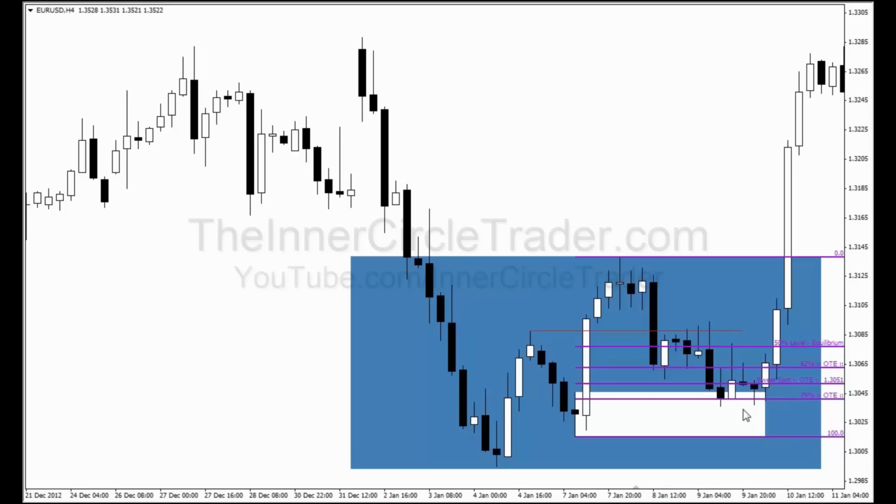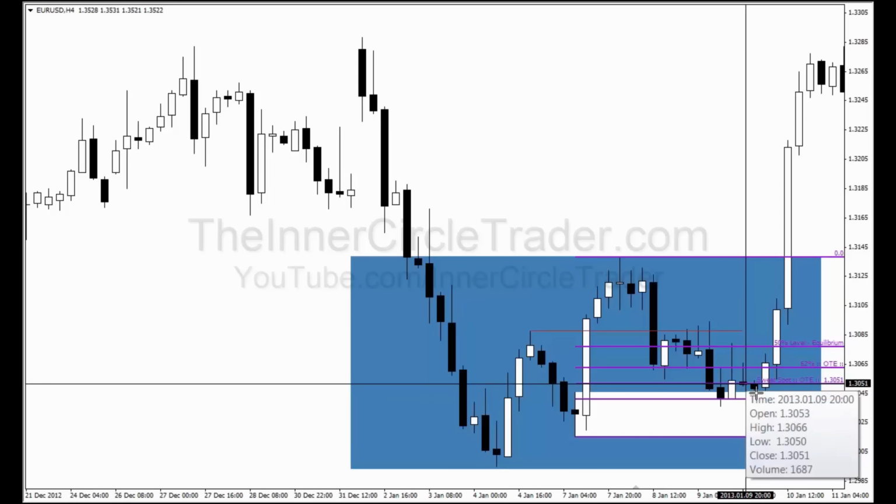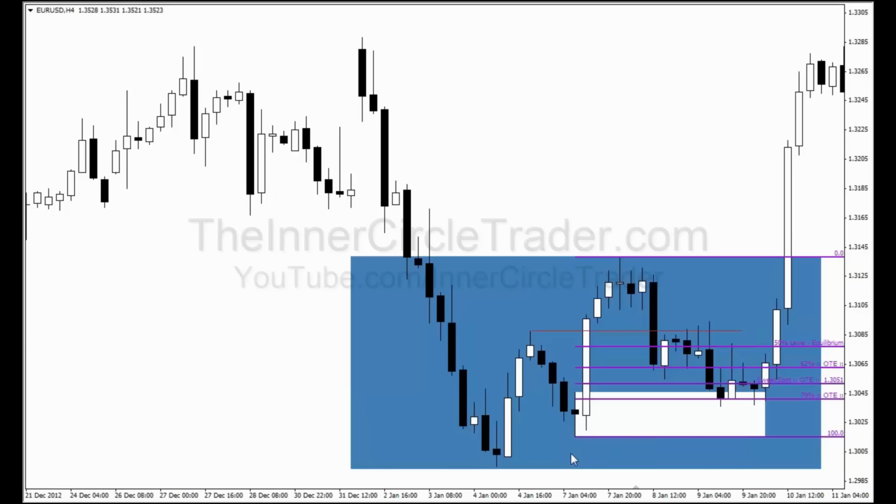So if you were using just a 10 pip stop below this low here, and I don't want to get into stop loss placement yet, but I just want to give you a little hint as to what's going on. If you're buying in here at the 79% retracement level, and we'll just be fair and say you're buying at 70.5, at the low here's 37 pips, and your stop 10 pips below that would be at 130.04. Okay, and that means if you were trading just on the 4-hour basis, you'd have to have a stop of 47 pips,